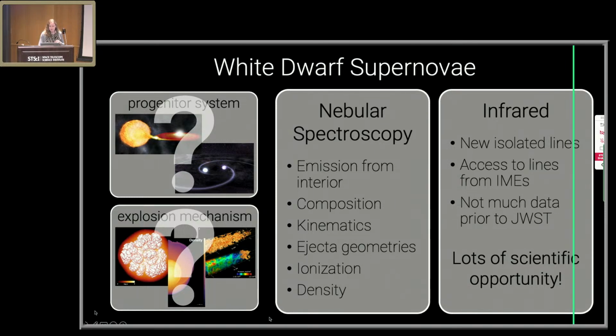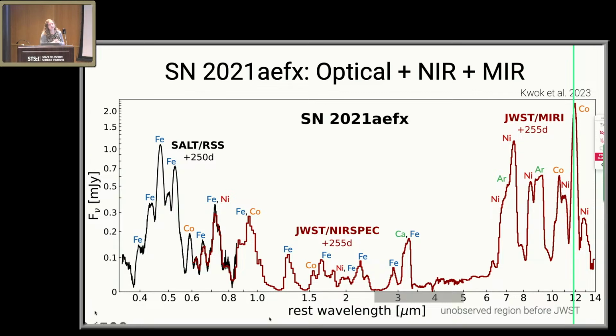So our spectra from JWST looks like this. This is combined with an optical image from a ground-based telescope, SALT. And you can see that these are emission lines. We're directly seeing the composition of the supernova. So in the optical, we're mostly seeing iron. And now in the infrared, we're seeing nickel, cobalt lines. They're a lot more isolated in the mid-infrared. And again, we see those